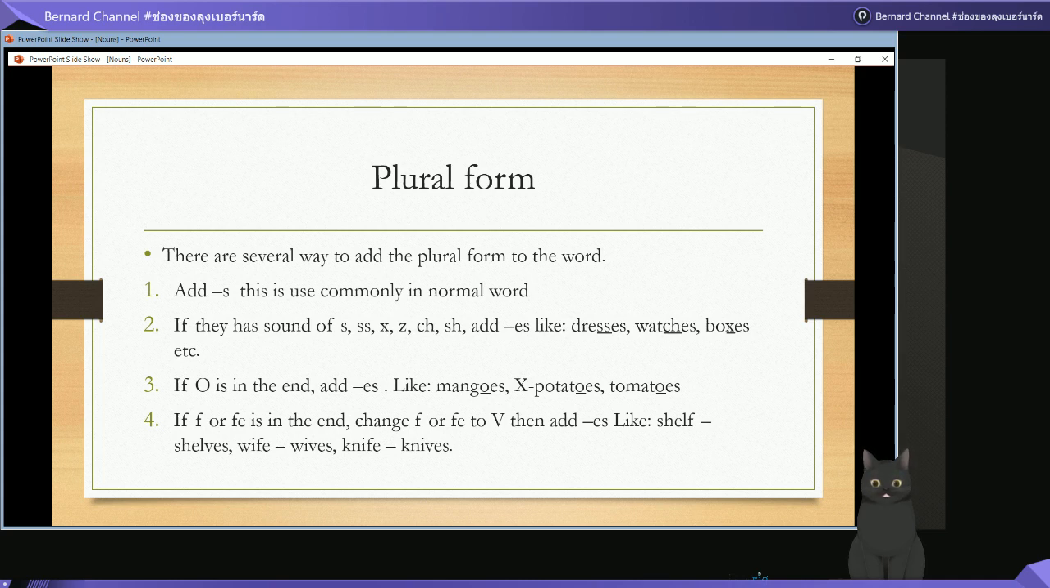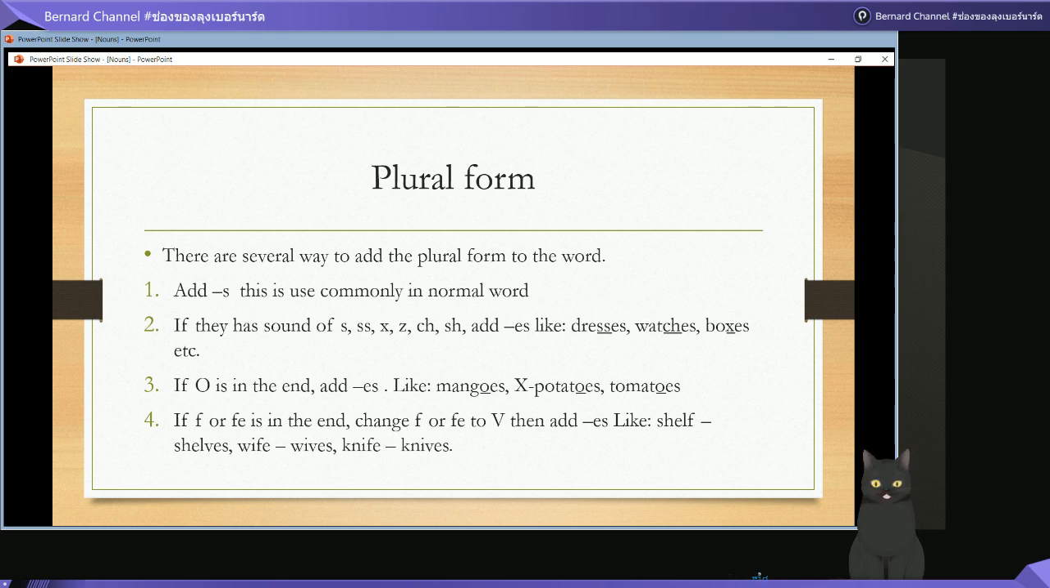FE changes to V then ES: knives. Well, the pronunciation of these plural forms. When you see shelf ending with F, the sound of shelves is going to need a little bit of practice. Shelves,